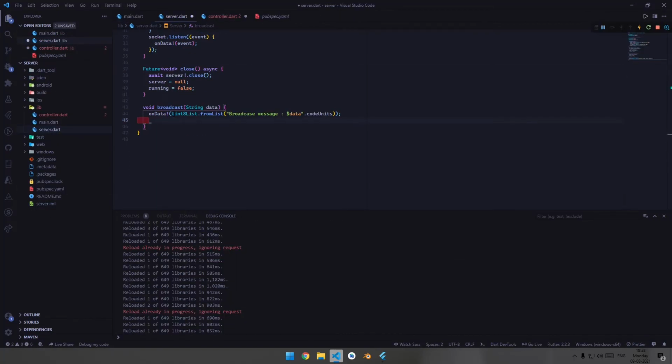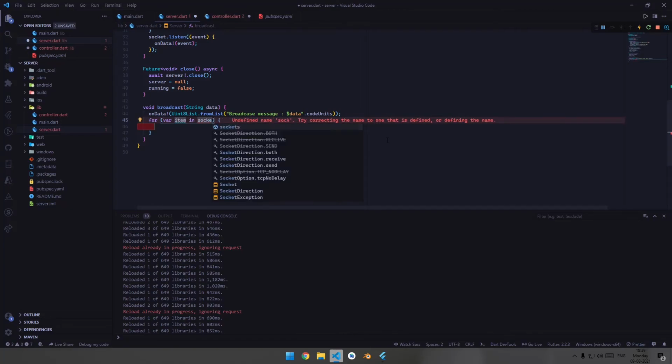Now after this, basically there will be more than one client for sending data. If you need to send data to all the clients, you simply need to add a for loop over sockets, and let's name the item socket. Now you simply need to write this message with socket.write.